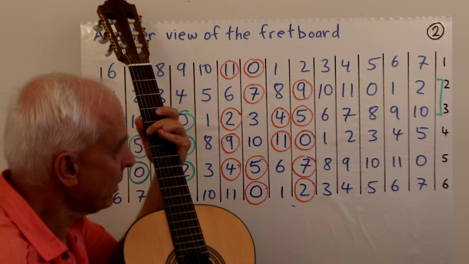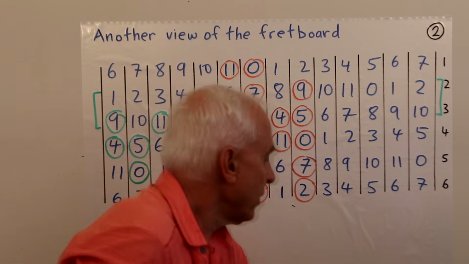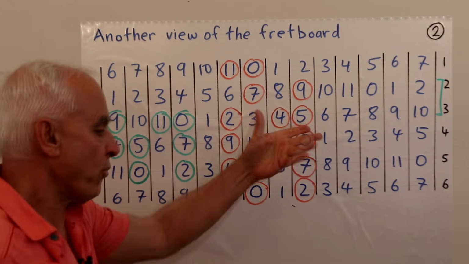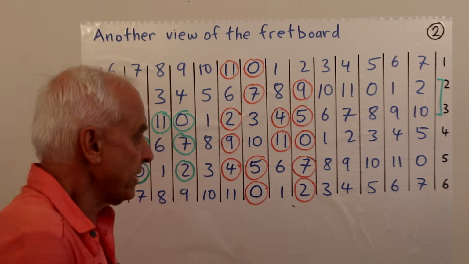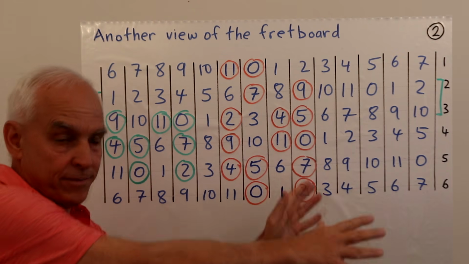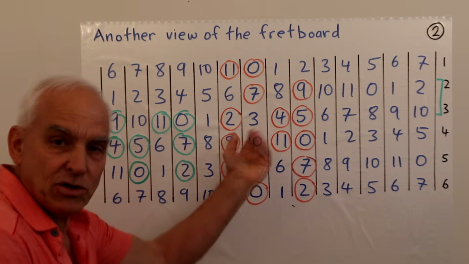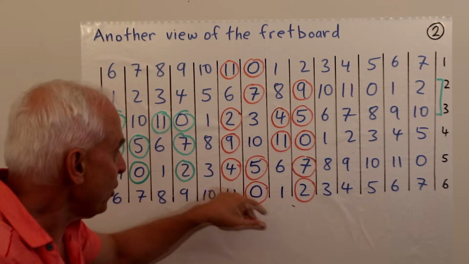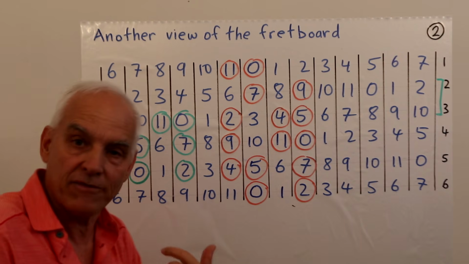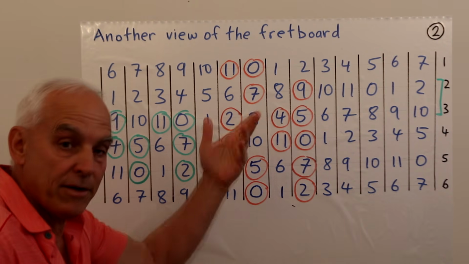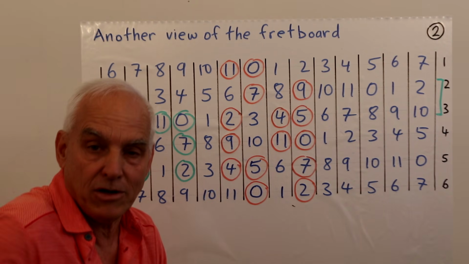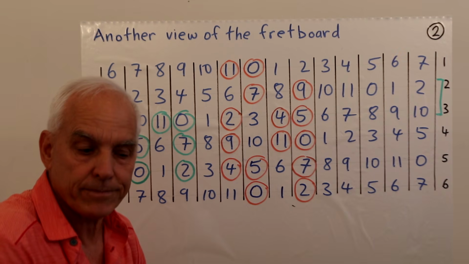Okay, good. So you see, if you have this fretboard in front of you, this mathematical fretboard, you don't really have to memorize something. You can basically just read it off, or if you've forgotten, you can quickly work out where you have to be just by reading the corresponding notes in the right pattern.